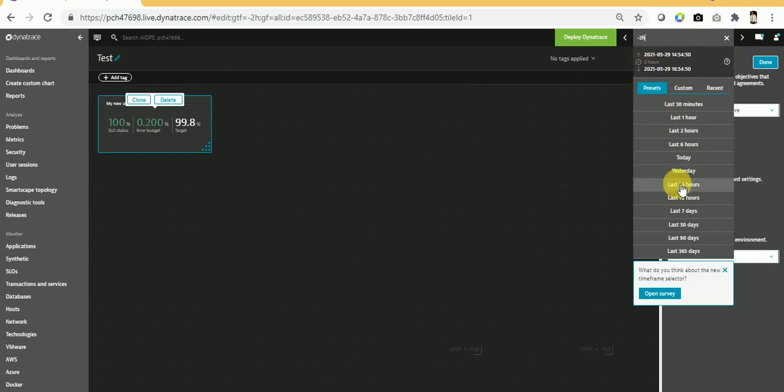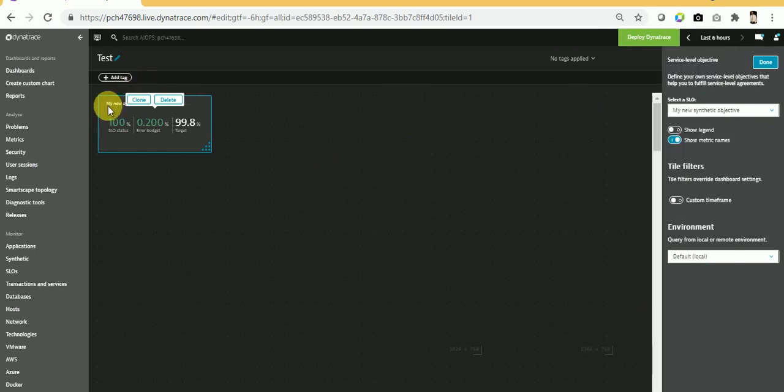Let me select it for 6 hours. So this SLO status depends on the execution or the SLA calculation in the last 6 hours. On the right side again you can see show legends. Once you click on this, you can see good, warning, bad or no data, which depends on the color.